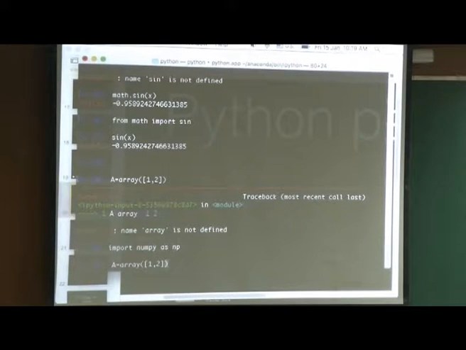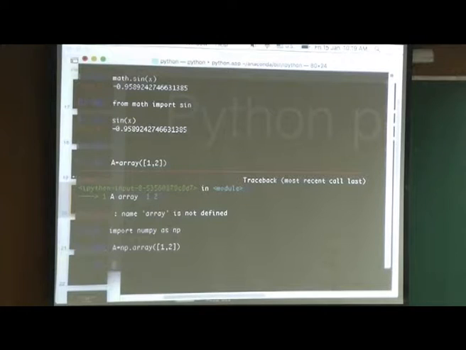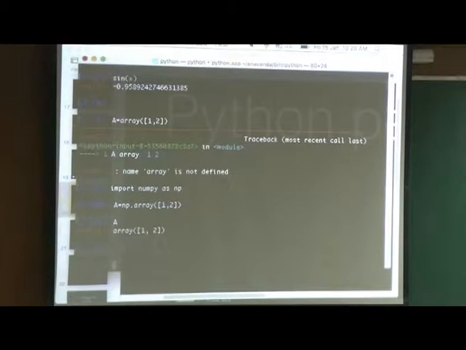So I should just put np dot, and it will work. Instead of numpy, which takes time to write, np will work. Now I want to take eigenvalues